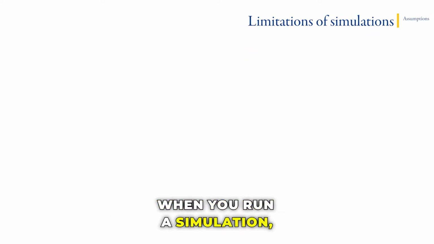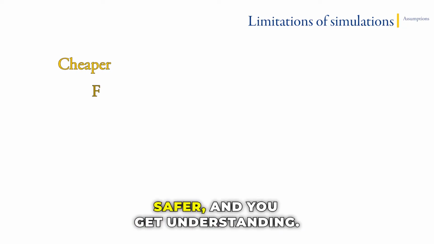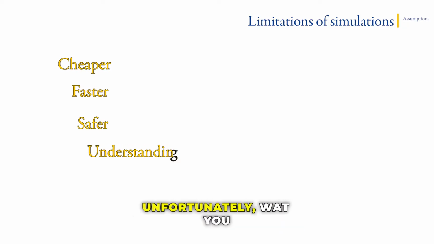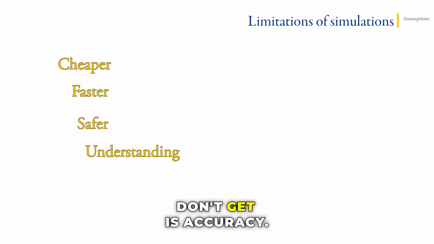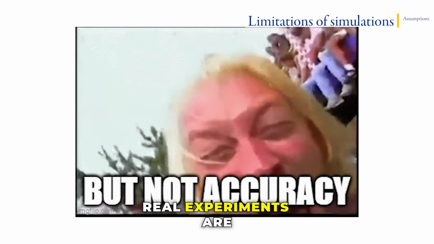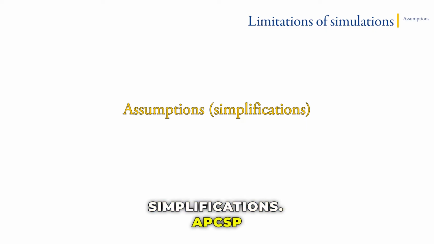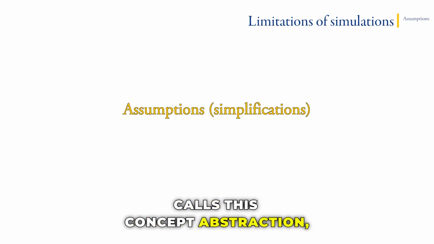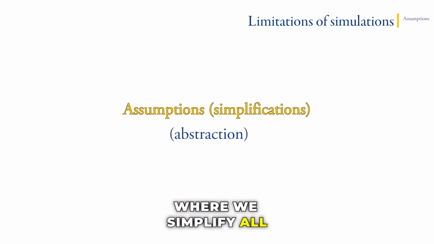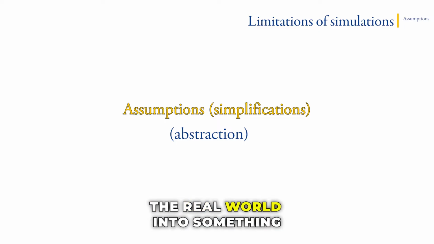When you run a simulation, you get cheaper, faster, safer, and you get understanding. Unfortunately, what you don't get is accuracy. Real experiments are almost always more accurate than simulations. Why is that? Well, in every simulation, we make assumptions or simplifications. APCSP calls this concept abstraction, where we simplify all the difficult parts of the real world into something that we